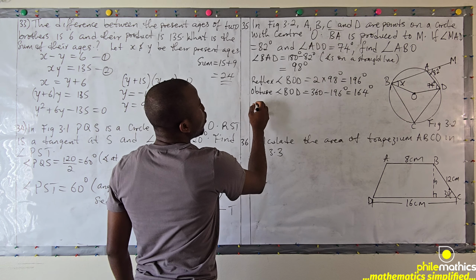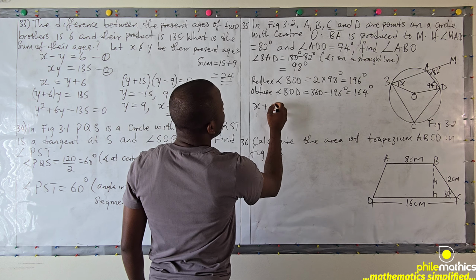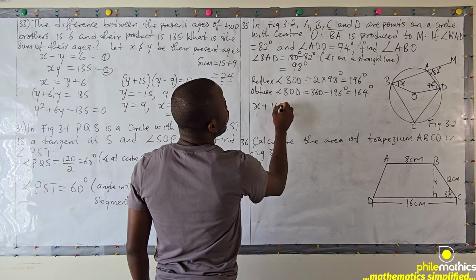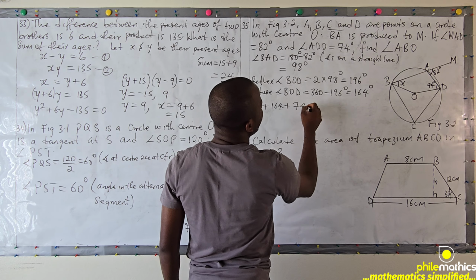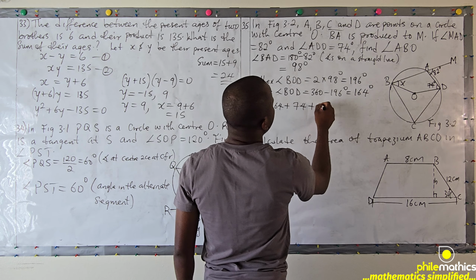get X, because X plus 164 plus 74 plus 98 should give me 360. Sum of angles in a quadrilateral. And if we sum this up, we'll get X plus 336 equals 360, so that our X will be 360 minus 336. Our X is simply